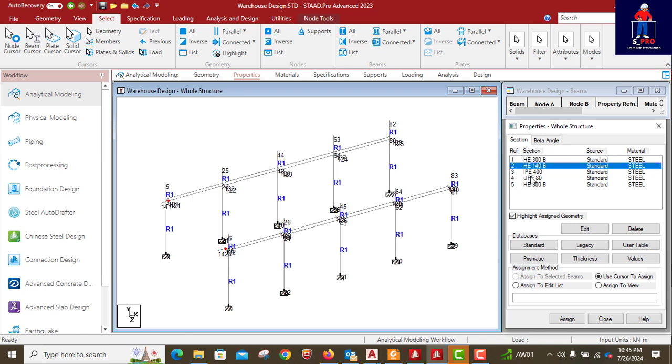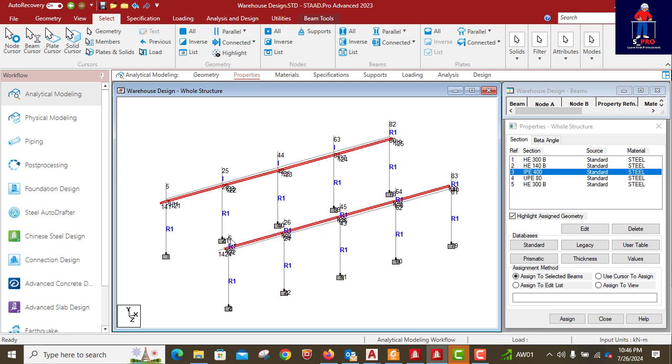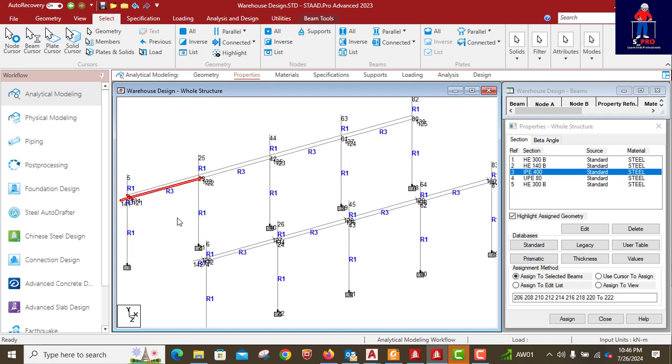Then for my beam, runway beam, assign this. Okay, click assign to selected beam. Then for the cantilever,